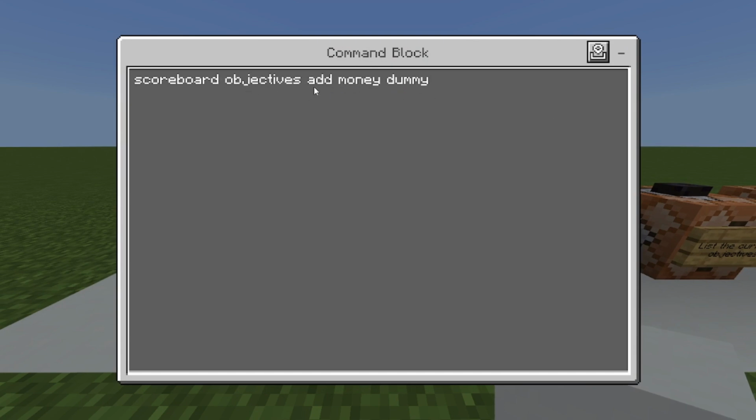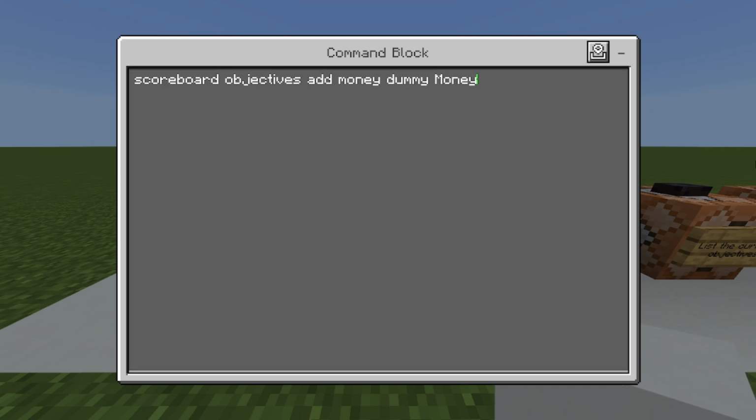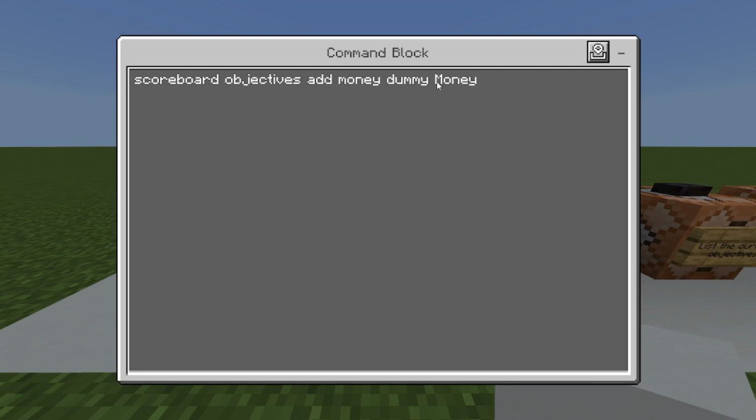So in this here, this is /scoreboard objectives, the first subcommand. Then we add a new objective, which is money, and then you have to type dummy at the end, and then there's also another optional display name. So you can type the display name, so whenever we display it on a sidebar or something, it'll show up with a capital M or anything like that. And you can even use the section symbol to change the color and all sorts of stuff.